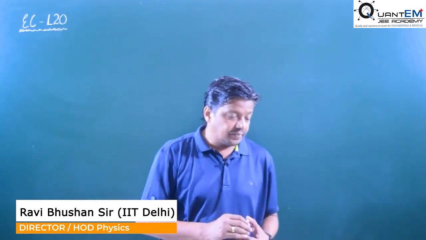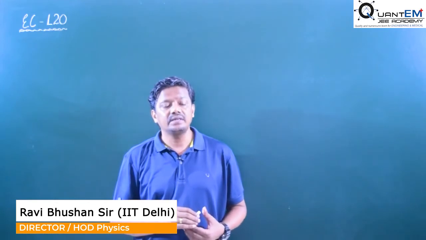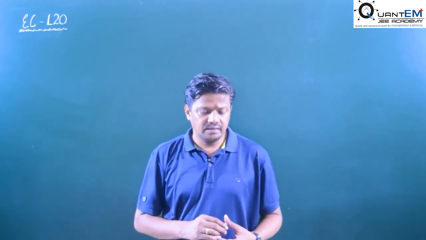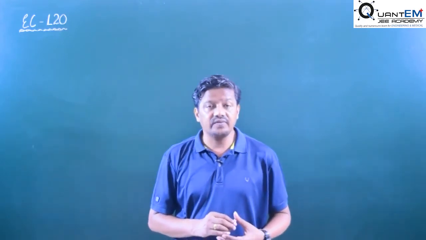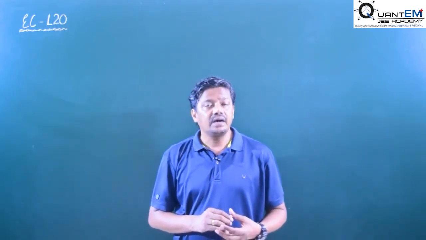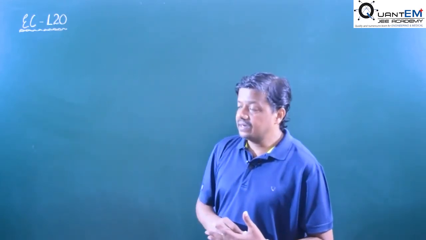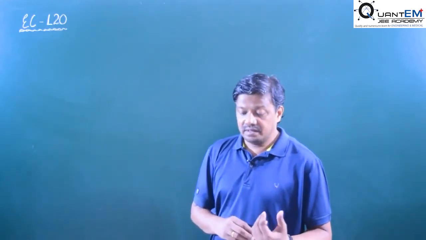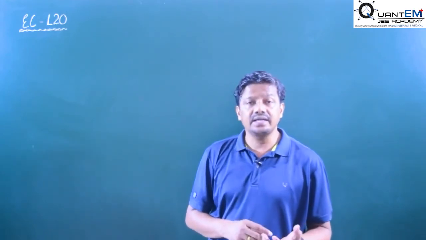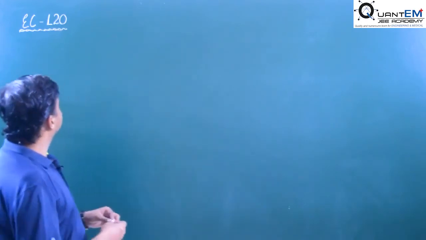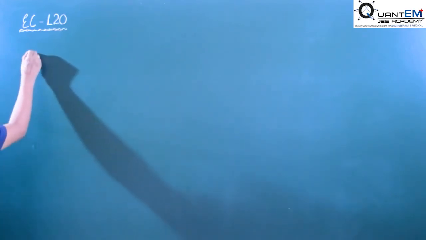In the previous class we have done charging and discharging of capacitor numericals, and I have given the minor concept of Thevenin voltage and Thevenin resistance. So one more question we have to do, then we will be doing carbon color coded resistor and the minor concept of the leakage current. Okay, so one question we have.